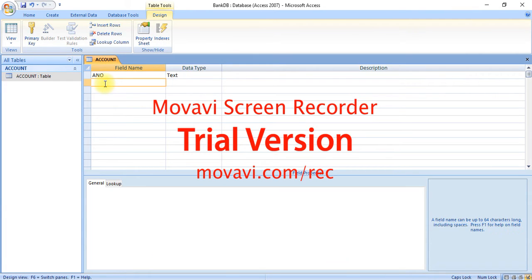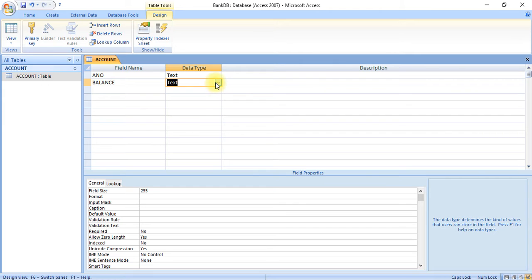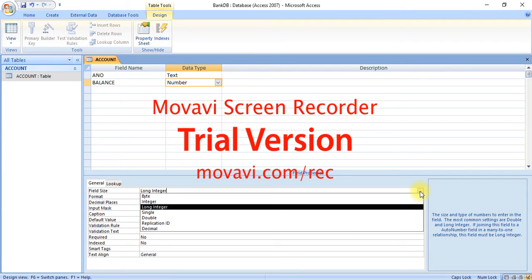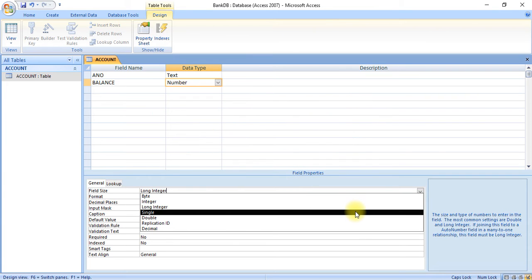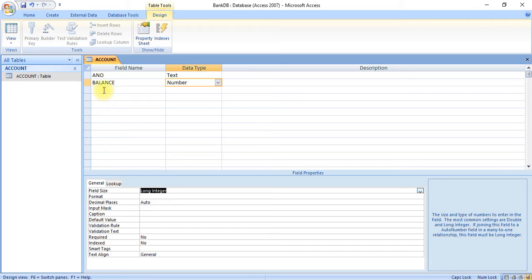Our second field is balance, and the data type for this is number, and by default the field size is long integer. You can also change to some other sizes: byte, integer, long integer, single, but we can select long integer by default.